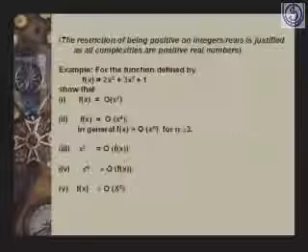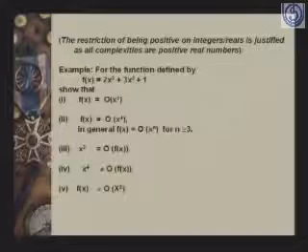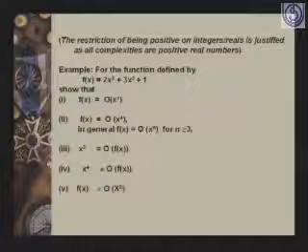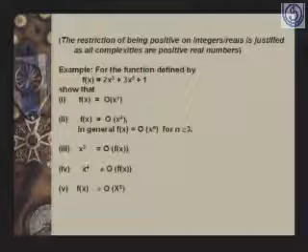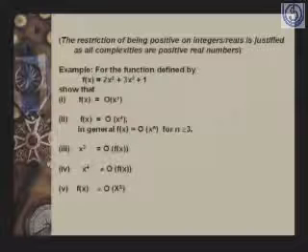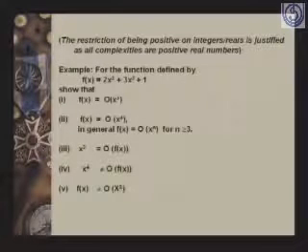Let us consider this. We want to show that if f(x) is the function 2x cubed plus 3x squared plus 1, then f(x) is equal to big O of x cubed. I will explain the meaning of this. The meaning is that the function f(x) equal to 2x cubed plus 3x squared plus 1 is such that